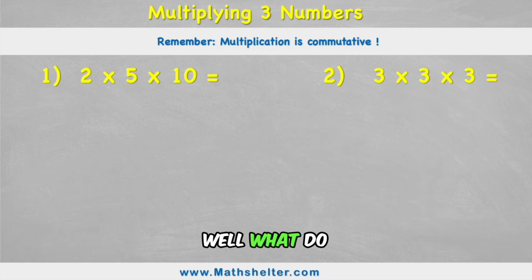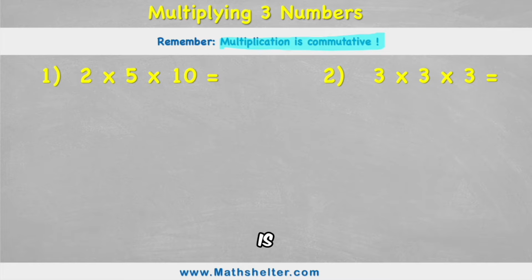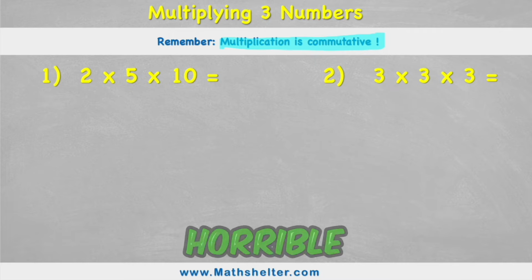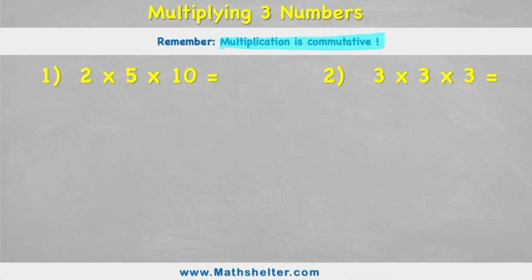Okay, well, what do we need to remember today? We need to remember that multiplication is commutative. Well, what on earth does that mean? What a horrible word, commutative. Well, what it means is it doesn't matter which way round we put the question, we're still going to get